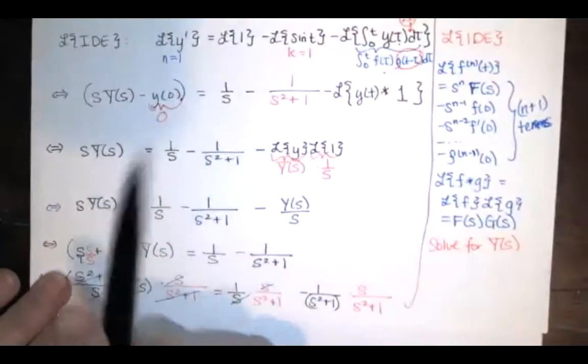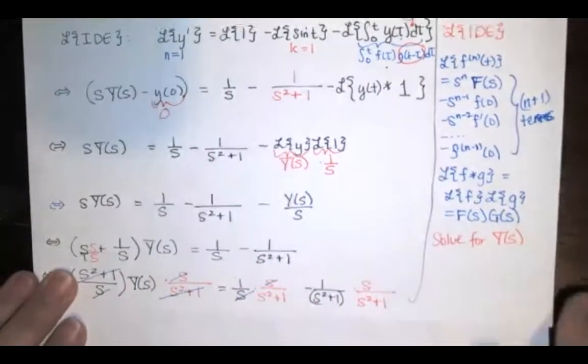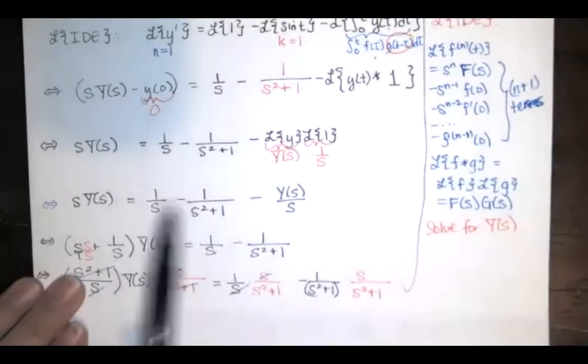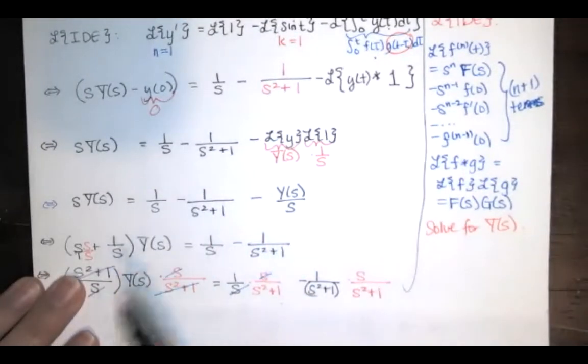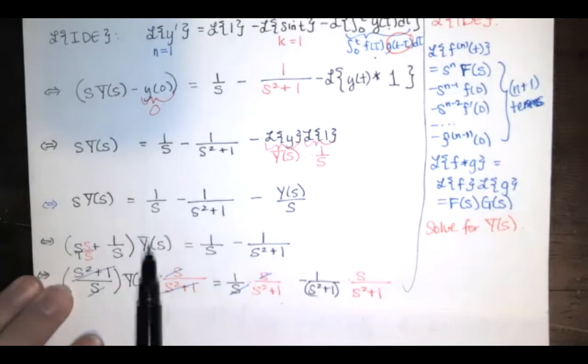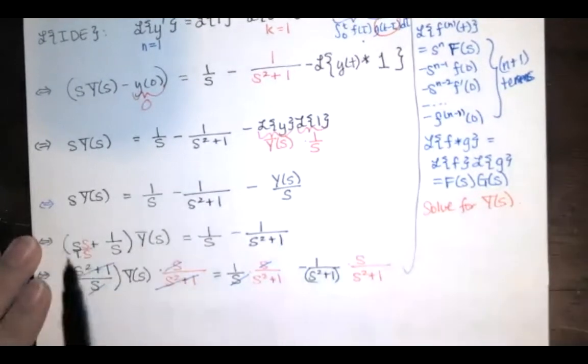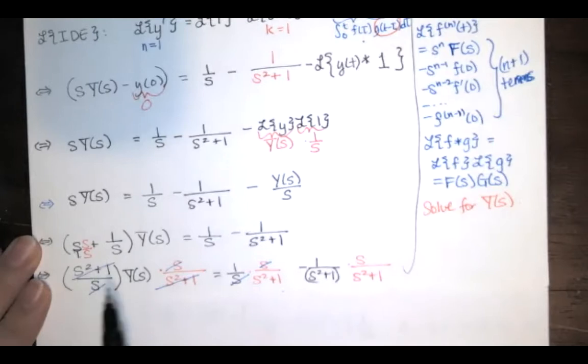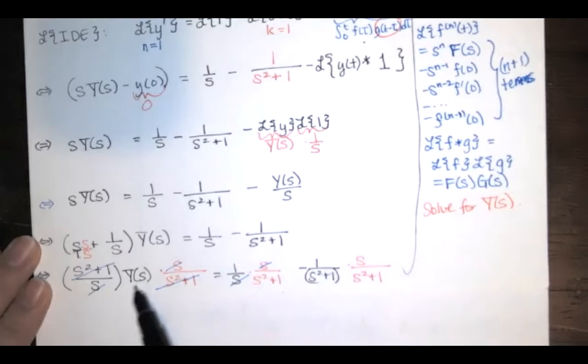After substituting in our initial conditions, you just end up in pretty much the same place you would with any other IVP. You've got y's on both sides, and you want to get y by itself. So we add this to the other side, and we can divide by this to get y by itself. To simplify our lives, we will get a common denominator over here, which gives us this. And then once I've got a fraction times y equals this, it's easy enough to get y by itself by just multiplying everything by the reciprocal of this. And when we did, we got to this point,